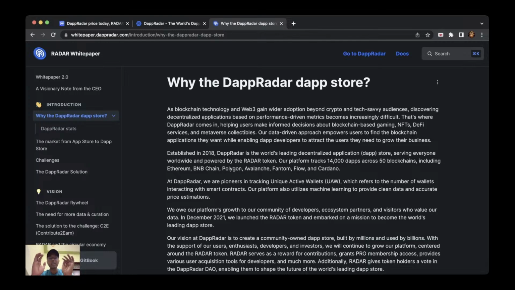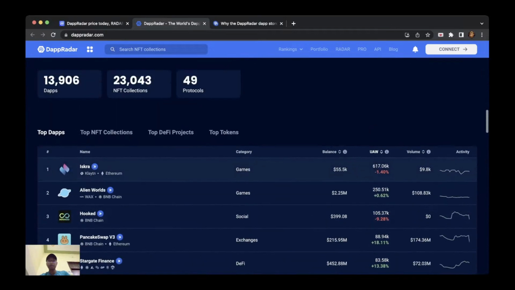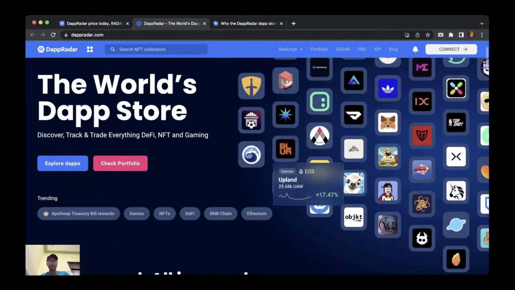So this DappRadar app basically provides you all the applications in a single place, where you can just click on it and explore that option. Then you don't have to download multiple applications for the purpose which you want to use. For example, if you are going to play a game, this game, the game Upland,